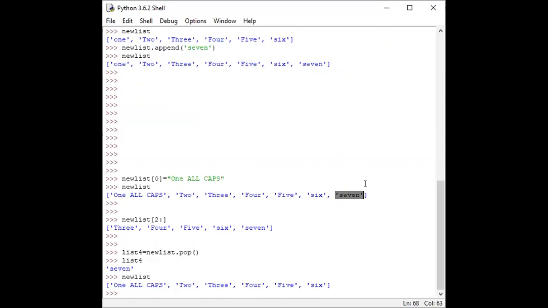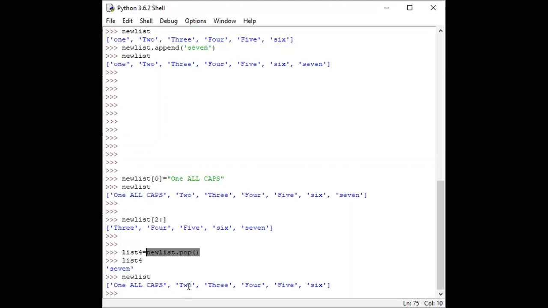So pop means we can remove any element by addressing it, and if we do not place an address in the bracket of pop, by default it grabs the last value. If we want to pop a particular address, we can place that address here. We can save it in another variable, and we will check the original list that the address is popped, meaning now deleted from the list.